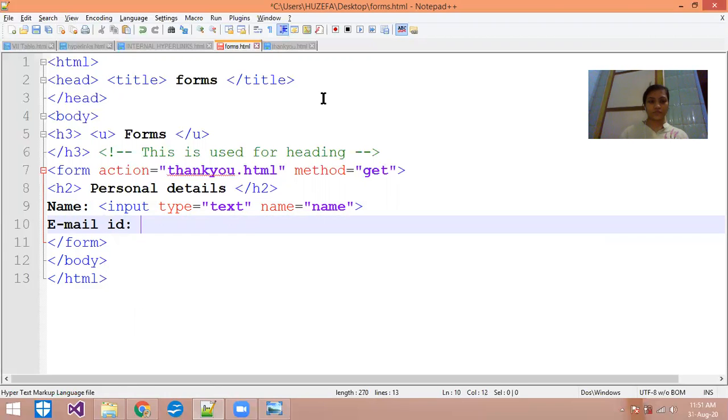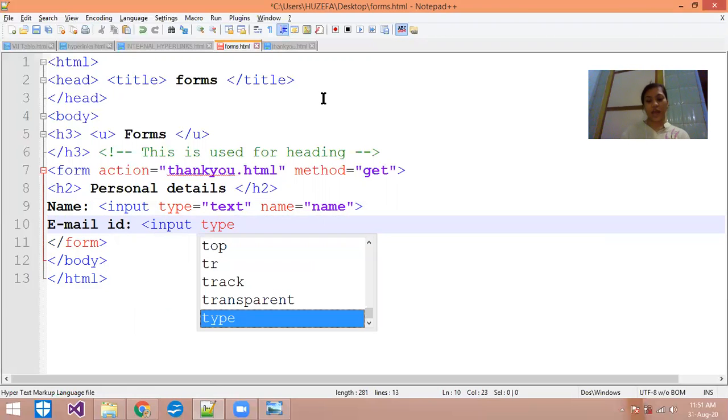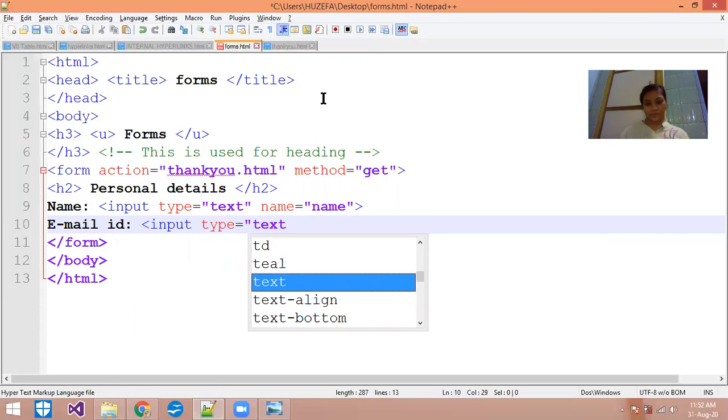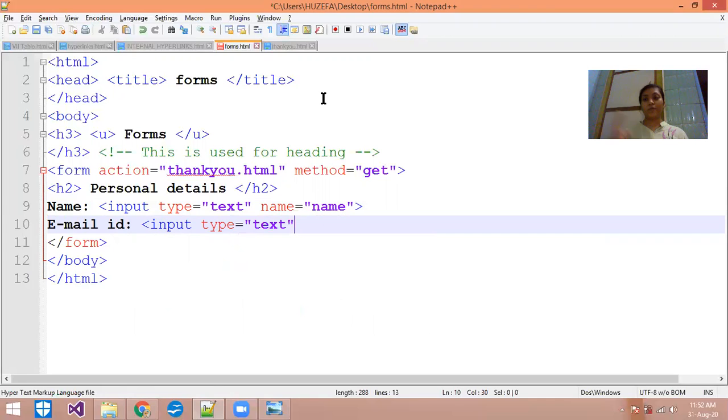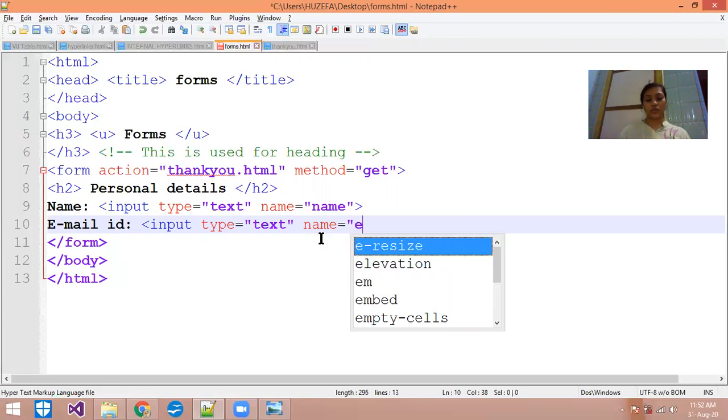Again, input, first attribute type equals to, we have to again insert the text. So text. Remember one thing, name will be different from the previous one. The name must be different. If you have written name here in the first one, then in the second the name must be different, otherwise all the values will keep being replaced. Only the last value you submit will be submitted, the first value will not be submitted in the URL. Name equals to email